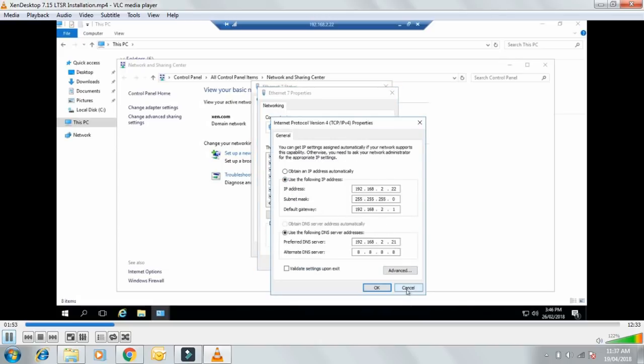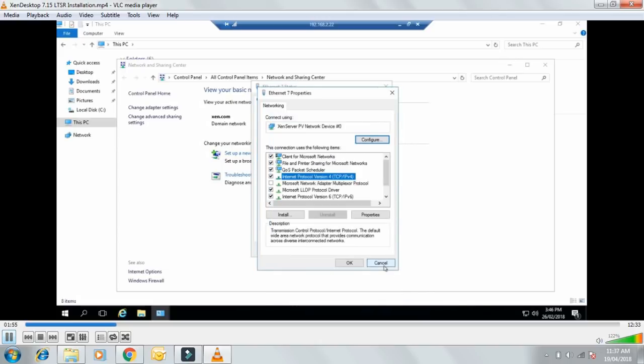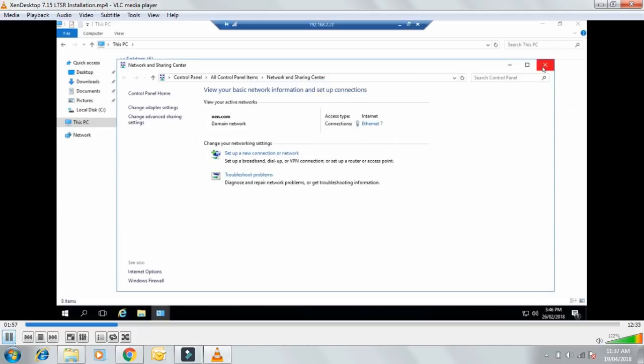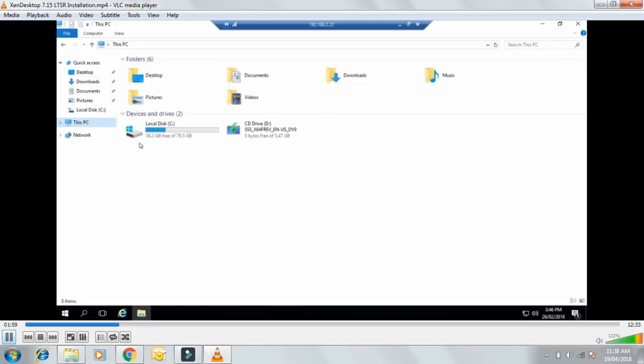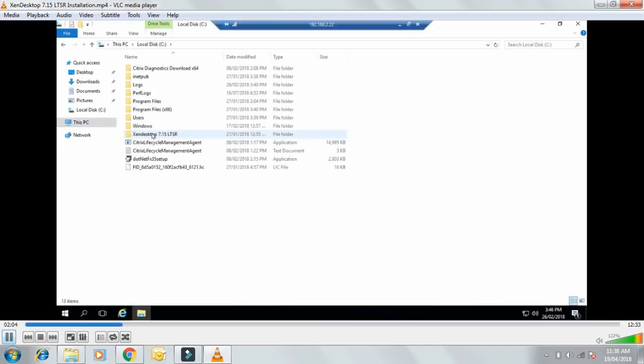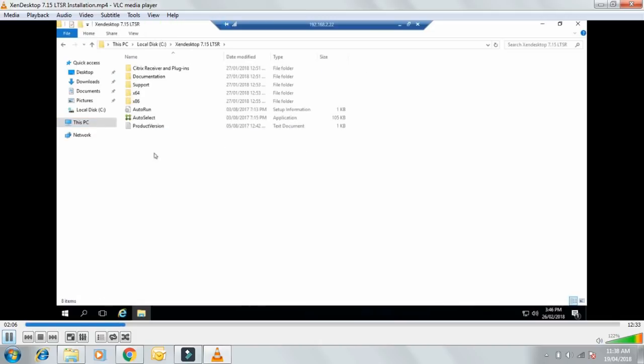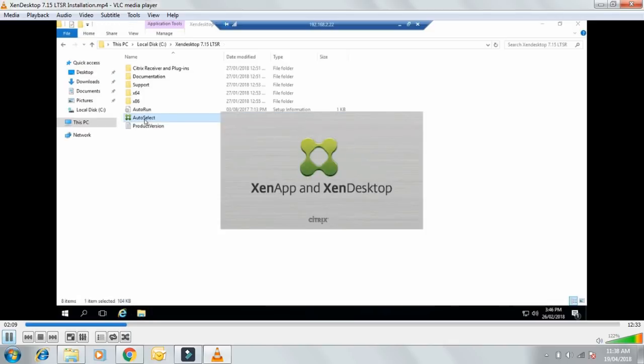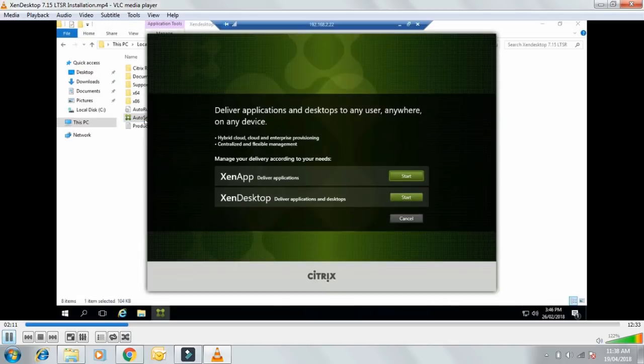RAM is 25 GB and the name of this server is zendesktop.zen.com. This is a member of the AD server, and the IP address detail is 192.168.2.22 and the default gateway is 192.168.2.1.